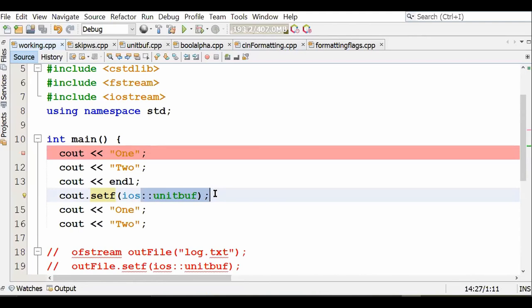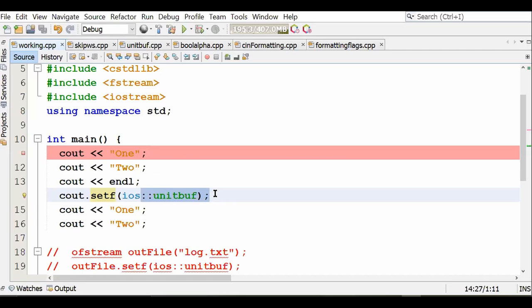You will have to say flush, you will have to say \n, you will have to clear the stream, something you will have to do, or you have to close the stream. Then that output is transmitted to the device. Now, if I say unitbuf, that means my buffer size is only 1 byte. Since my buffer size is 1 byte, whatever data you send to that buffer makes it full. And since the buffer becomes full, the default behavior is to transfer the data to the device.